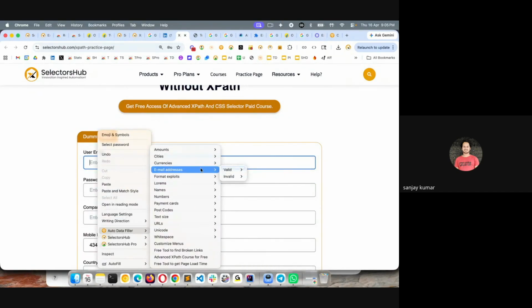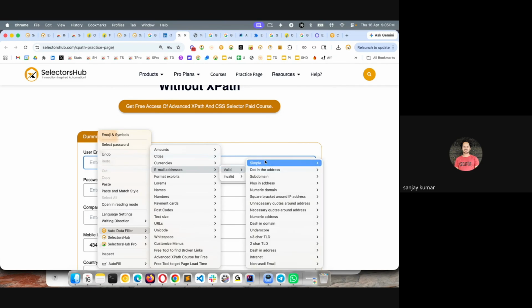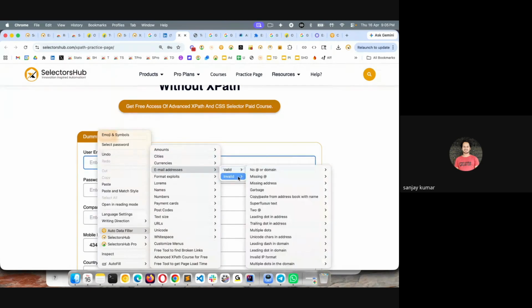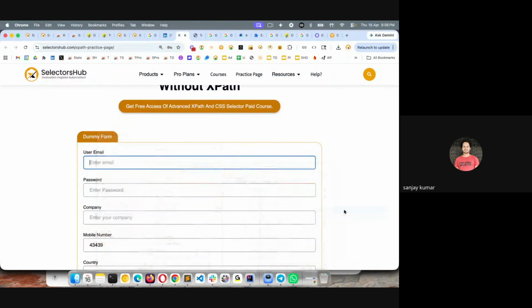This tool, let's say this email field, email address, valid. These many kinds of valid email scenarios you can test. How many invalid can you test? Think of, you see, no @ in the domain, or two @ in the domain. Have you ever thought of this? Maybe some of you have thought of this scenario. Some of you might never have thought that there could be two @ in the domain. Agree? So this will help you to learn these kinds of scenarios as well as help you quickly